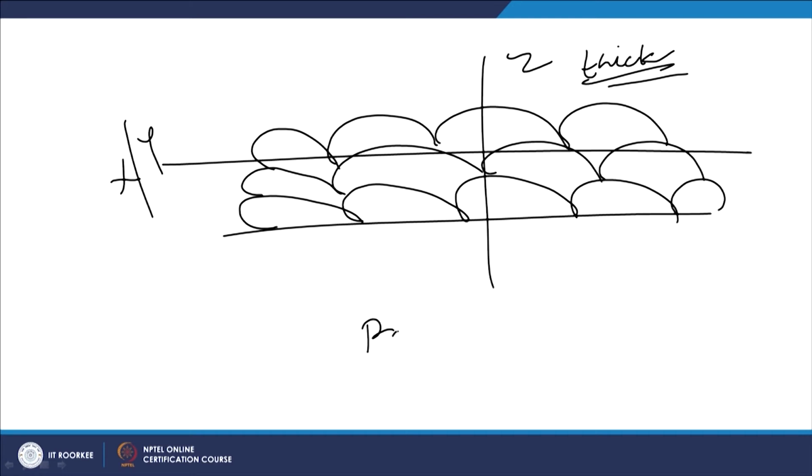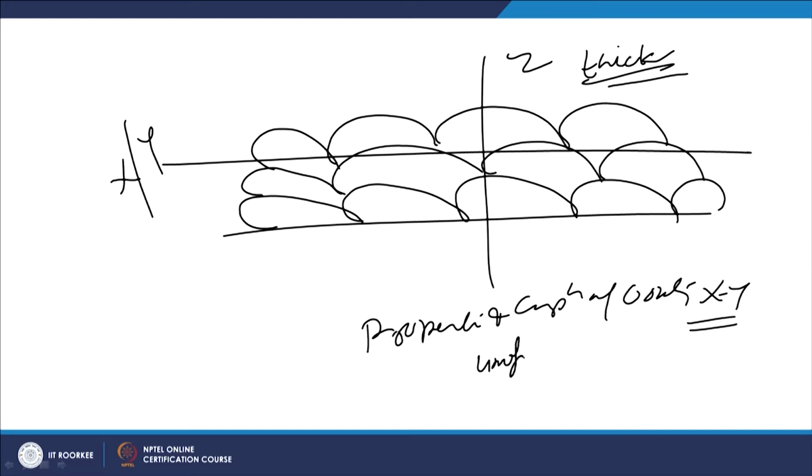So, the properties and composition of the coatings in the xy direction, that is in a particular plane, become by and large uniform, and variation in terms of the hardness and other properties is very limited. But if we see the variation across the thickness, if we study the variation in properties from the interface to the top of the surface, then we find a lot of